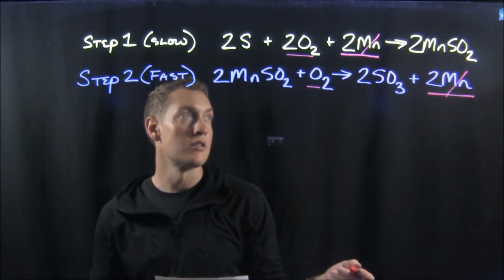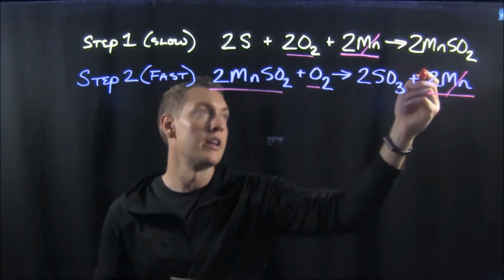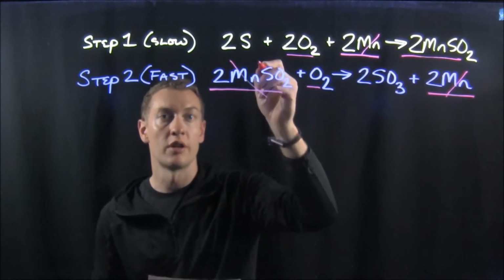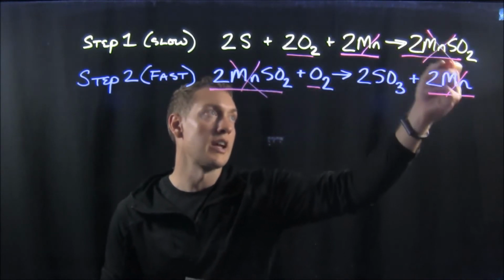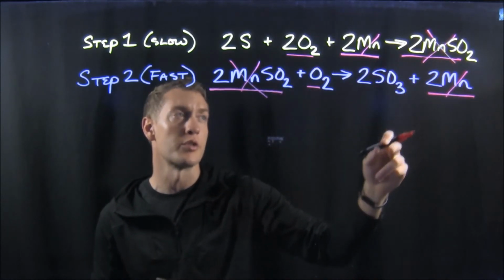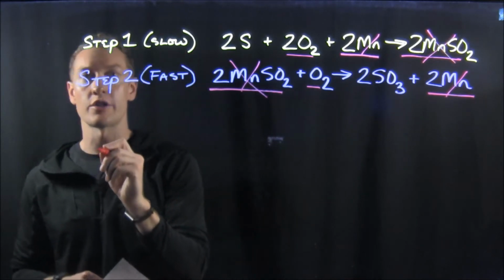And then you've got this 2MnSO2, and it's a product and then a reactant. So it's going to cancel out. And then you got 2SO3, and that's the only place where SO3 ends up showing up. So our overall reaction